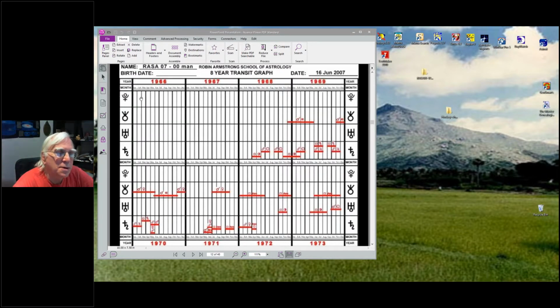So here's my 8-year graph, the outer planets. We got the Saturn, Uranus, Neptune, Pluto, and the conjunctions and squares for 8 years, 66, 67, 68, 69. You're going to notice 66, 67, the 2 years where I was traveling around, goofing off, doing nothing, just being with whoever. Let's say living in Haight-Ashbury, Greenwich Village, traveling different places. It was an adventurous time, but it really wasn't a responsible time. It was just extending horizons, running across people that were different than the oppressive people where I was growing up,